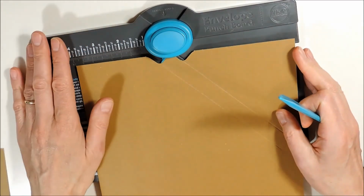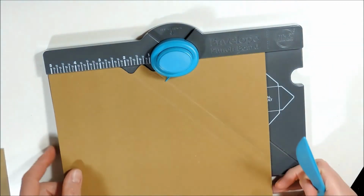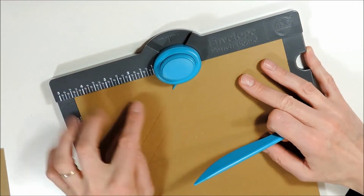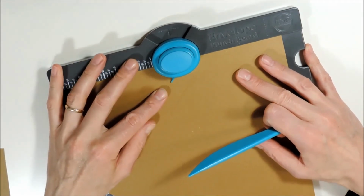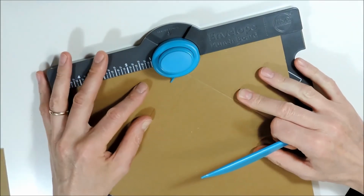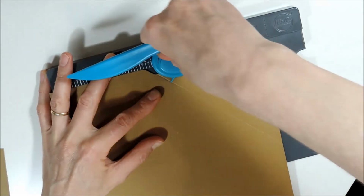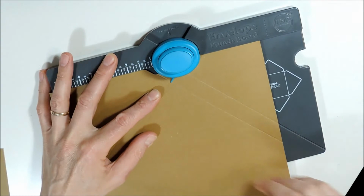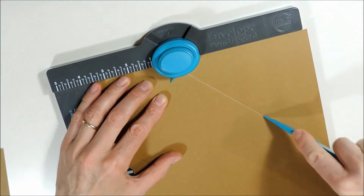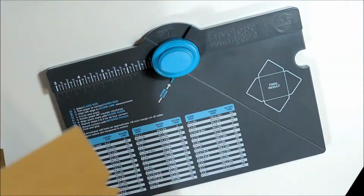So, and now we do not have to take care of the measurements. We just turn our paper 90 degrees, and then we find our score line with this knot, and then we punch and score. Go a little bit further, find the next point, and again we punch and score, and so on and so on. Again, the knot is finding it. We are ready,